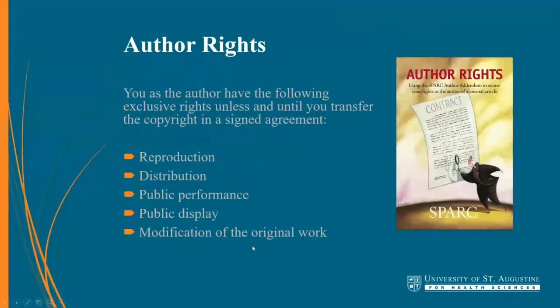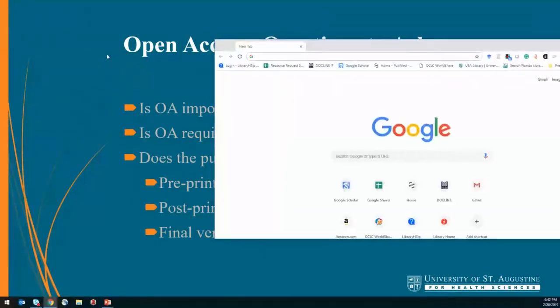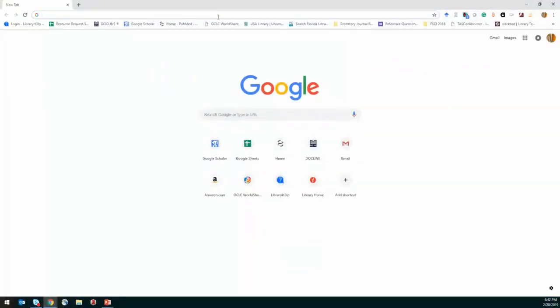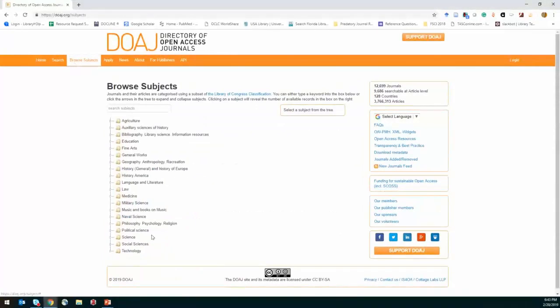Okay. Before I move on to author rates, I want to go back into the web for just a second. So two resources that are particularly useful on that is the Directory of Open Access Journals. So this is a worldwide directory of journals that have open access policies. They, again, like the other things that we've seen, they're searchable by subject, but the main thing I want to show you on here is that within a given